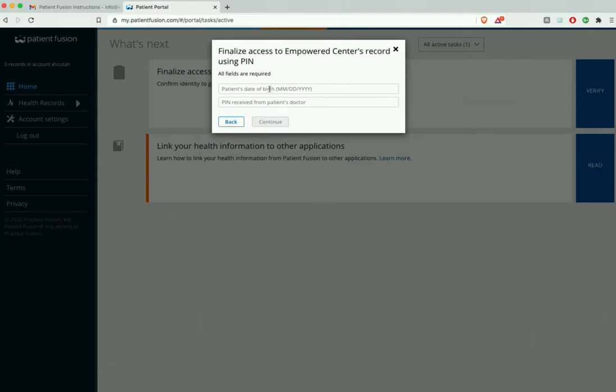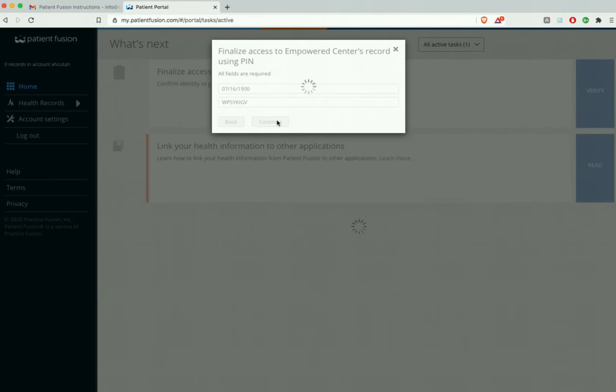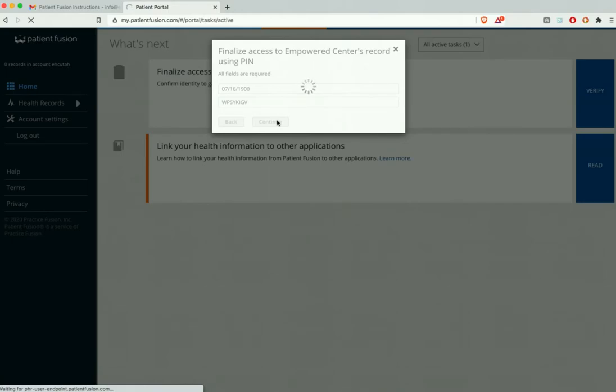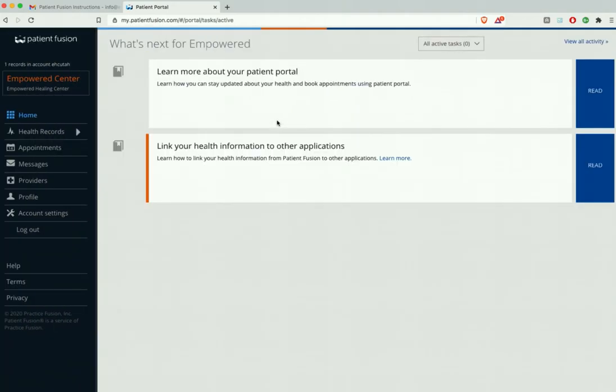So we're going to go ahead and put your date of birth, or the patient that this record is associated with in case you are a caregiver. And then we're going to go ahead and put in the code that we just received from that paperwork that I showed you. For this very reason, it is ideal to set this account up using your desktop or your laptop instead of using your cell phone. So now that it has been verified,